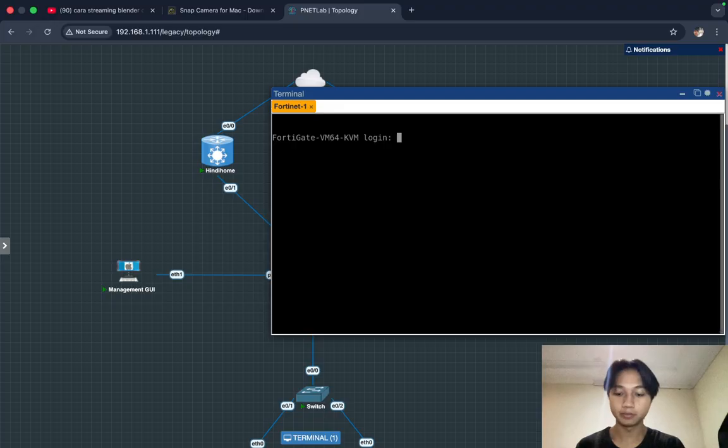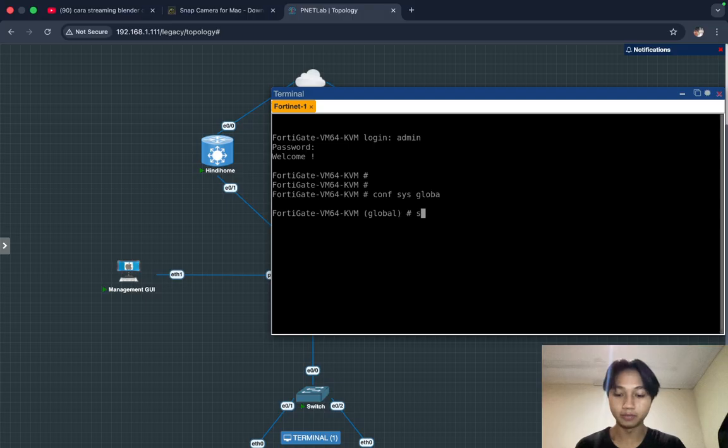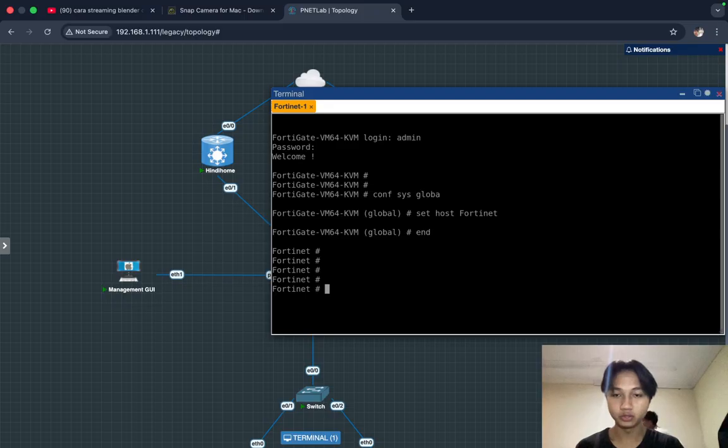First, you must set up the device. The default login is admin, and I want to configure the host name, set host for Fortinet, and the command for saving and going back to layer 1. And then you can configure port 3 because we want to access the web.